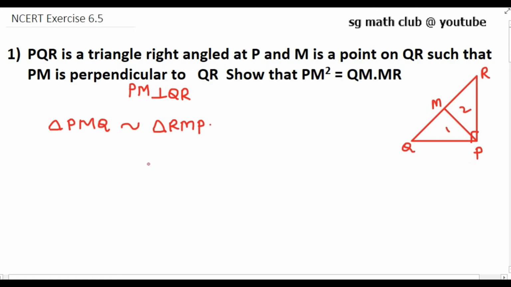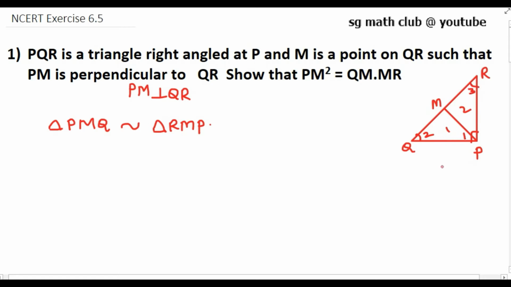So this theorem you have already learned. A perpendicular which is drawn from the vertex of the right angle triangle to the hypotenuse, and the triangles on both sides of the perpendicular will be similar to each other, and also similar to the whole triangle. Why? Because if you mark this angle as 1, this angle as 2, and R I am going to mark as 3.